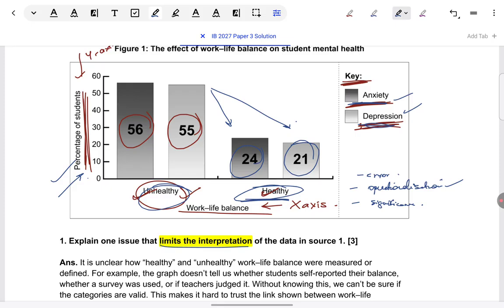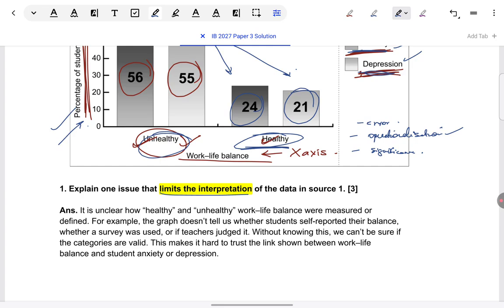Now we look at operationalization, and how you should structure the answer once you've decided which flaw you're taking. It's worth 3 marks. Don't make it very long. Try to stick to 3 sentences, as a rule of thumb. In the first point, name the issue that you're taking up. In the second point, give an example. In the third, link it to what is given.